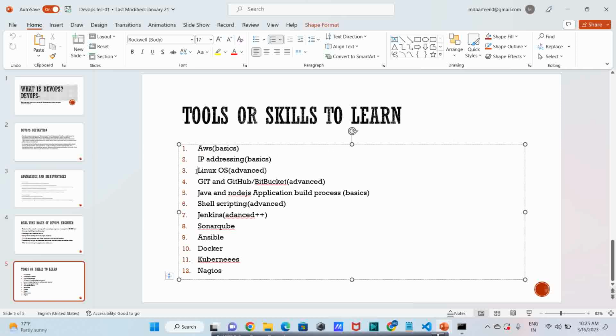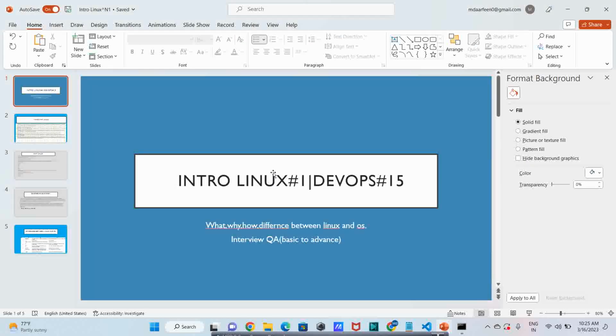So let's learn today. We will be seeing what Linux is, how it is going to impact our work, and why we are going for the Linux operating system. These are the concepts we are going to learn. In the DevOps series, Linux is a must-have skill. So this is the introduction part. We have completed AWS now, and we are going for Linux concepts, Linux terminologies, and the Linux tutorial. So let's start.